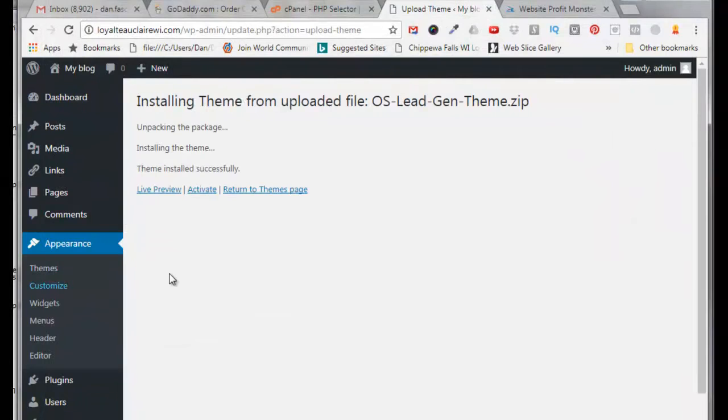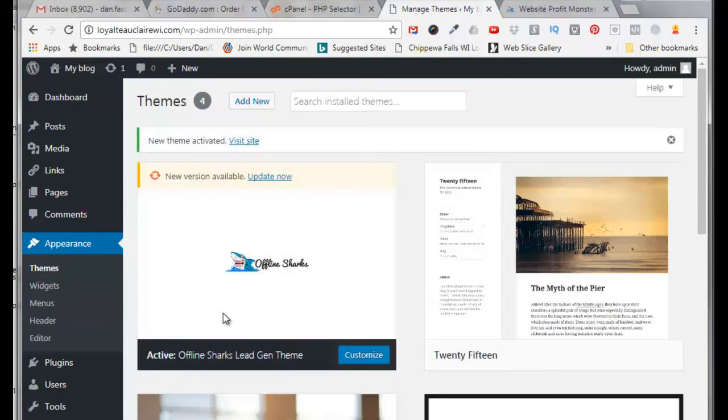All right, so it says the theme installed successfully. Click on Activate. And in this case here, it's saying that there's a new version available. So I'll click on Update Now. Now we want to install a child theme that inherits functionality from the